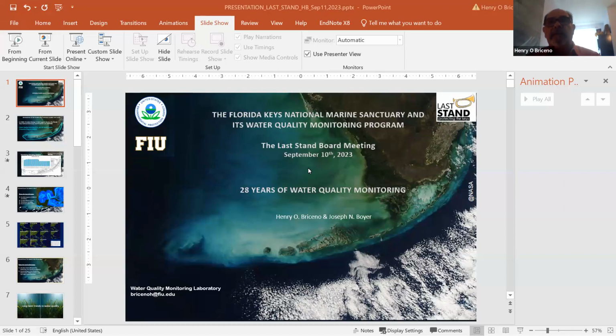Okay, I'm gonna give you a brief report on the status of the water quality in the Florida Keys, with data from 20 years of monitoring. The sanctuary began to operate in 1990, and then it required a water quality protection plan and a water quality protection program, and also a water quality monitoring program or project, which is the one that FIU has been working on